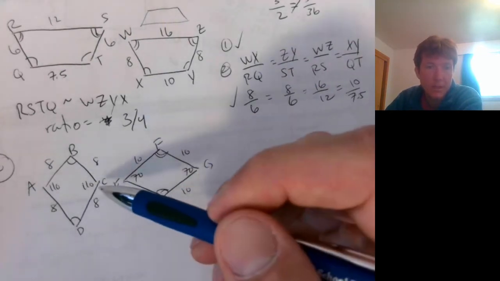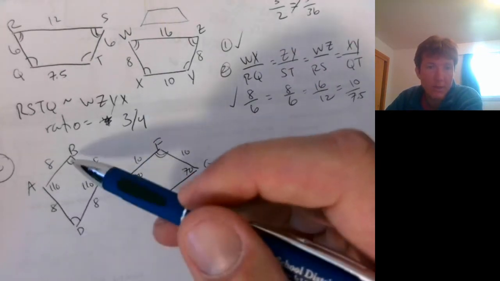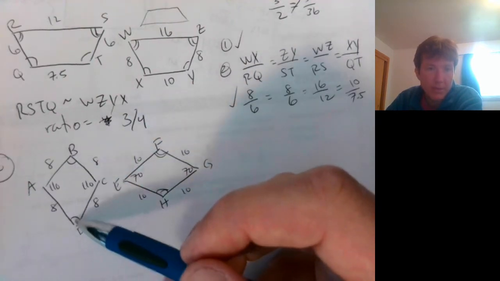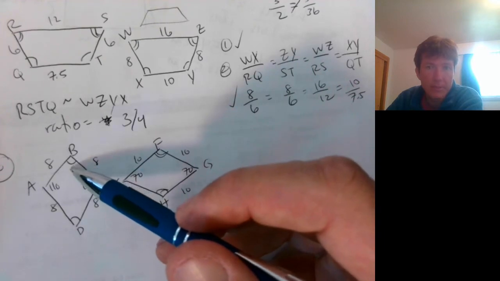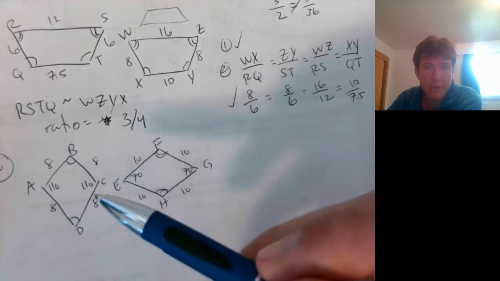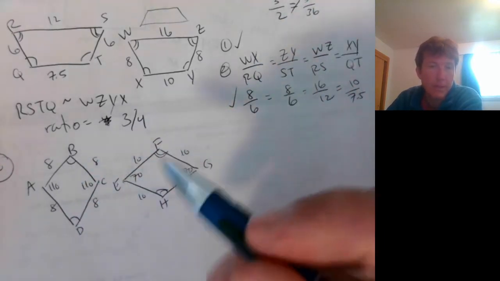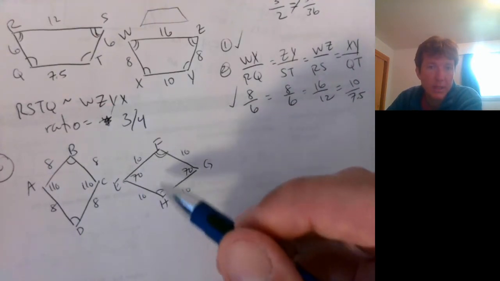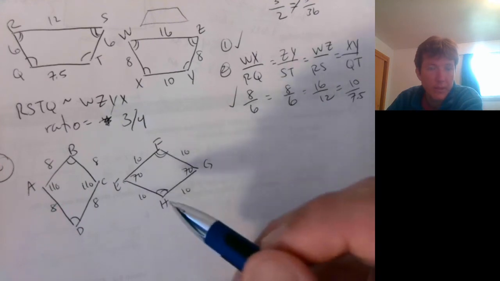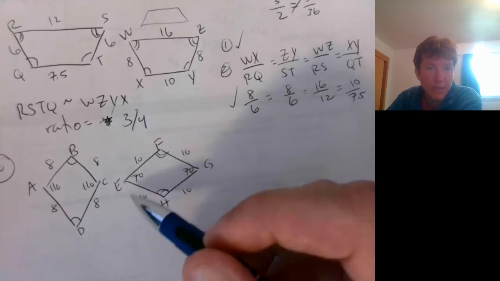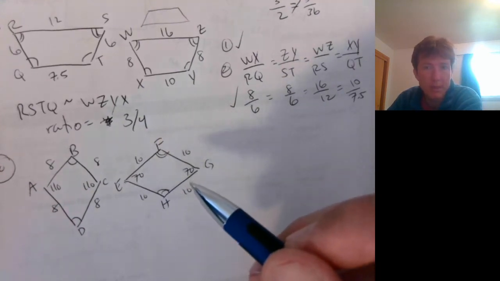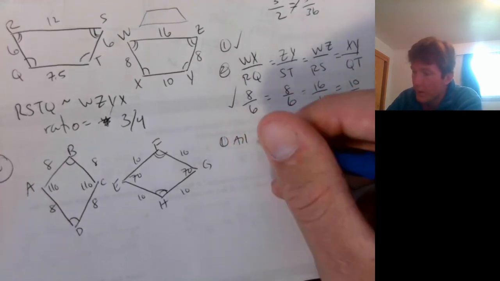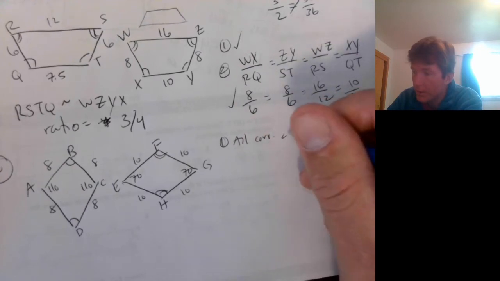If this is 110, that's 110. These are rhombi. Opposite corners are the same. So this must be 70, that must be 70, because 110 plus 70 is 180, and that composes half the rhombus of 360 degrees. This is 70, this is 70, that means this must be 110, and that must be 110. Okay, because this is 70 plus 110, that composes 180, that's half the rhombus. So all corresponding angles are the same,